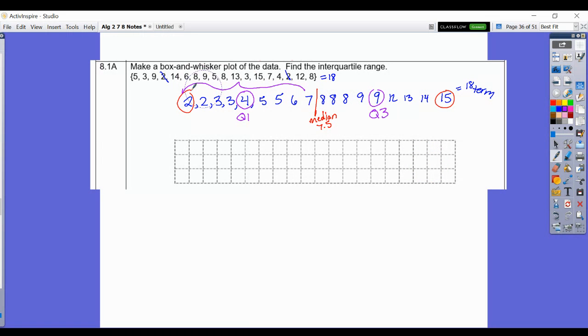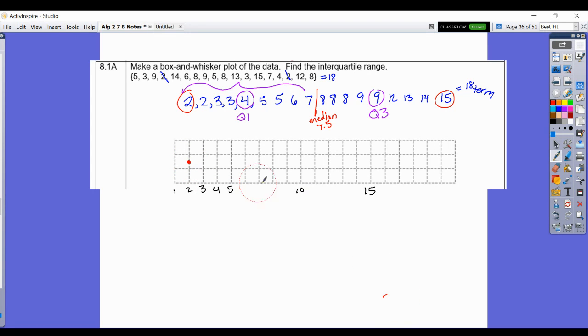It's very important that you don't just evenly space these out. You actually might want to put a number line on here. So if we went 1, 2, 3, 4, 5, 6, 7, 8, 9, 10, 11, 12, 13, 14, 15, and numbered all those off, we could start making our box and whisker. So let's mark the low. So the low is at 2, and I'm just going to put a dot here, and then this will help